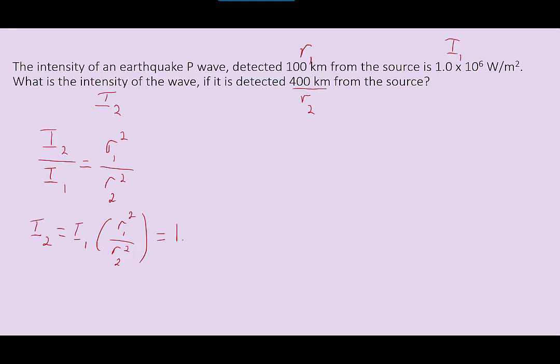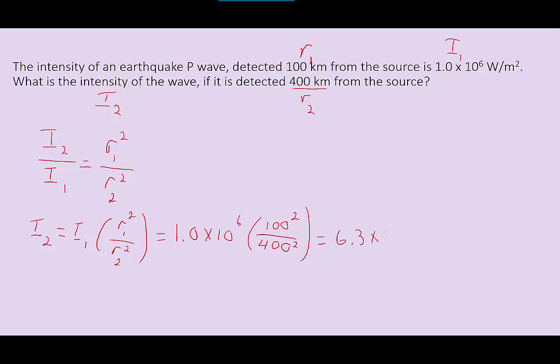or 1.0 times 10 to the 6th times 100 squared over 400 squared. Now notice that I've left the distances in kilometers, and the reason I can do that is because they're both in kilometers. So kilometers squared over kilometers squared cancel out, so we don't have to worry about it. If they were given in different units, then we would have to change them to make sure that they are in fact the same. Plug this into the calculator, solve it, and we find out that the second intensity is